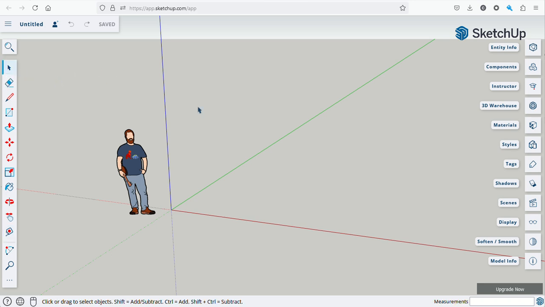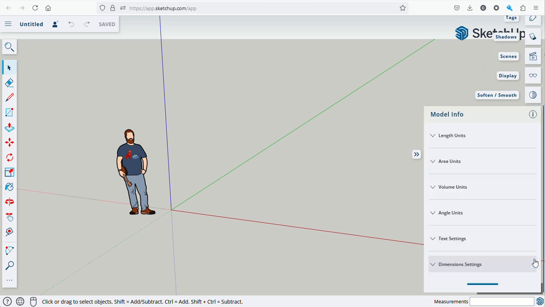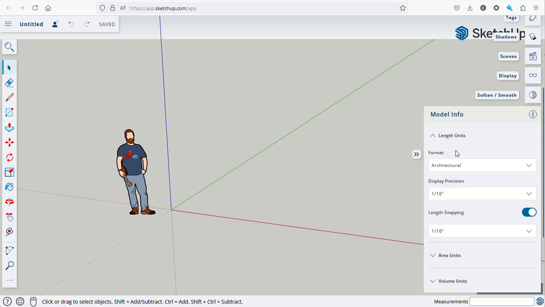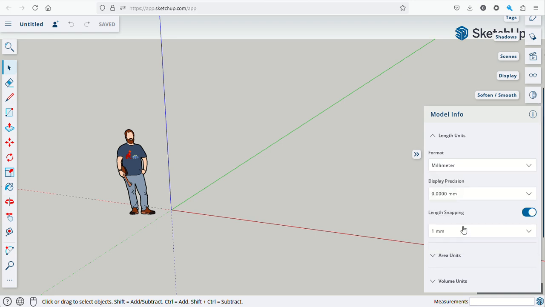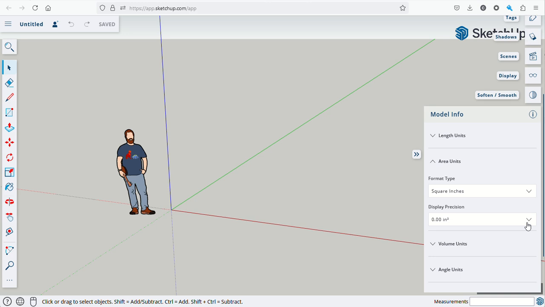Just by default press the select tool, and in model info I can click the information button and it allows me to select the format, architectural, and I'm going to go to millimeters. So the default is what they call architectural, and now I'm also going to say area units. Area units is by default square inches, so I'm going to do square millimeters